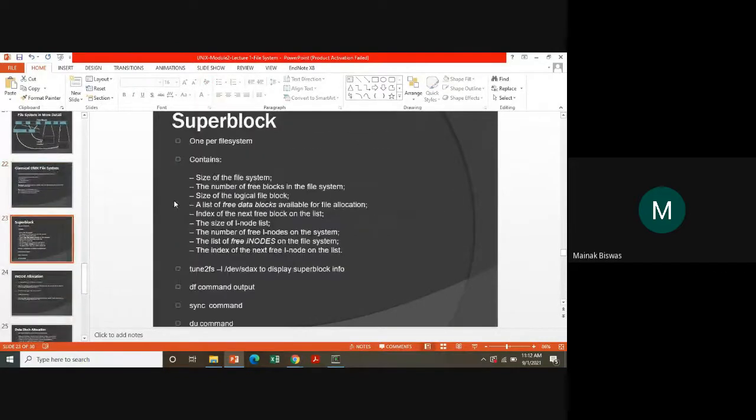So again, when we consider a super block, there is one per file system. So for every file system, let us say there is only one super block. All the information regarding that file system, that is the size of the file system, the number of free blocks in the file system, the size of the logical file block, a list of free data blocks available for file allocation,